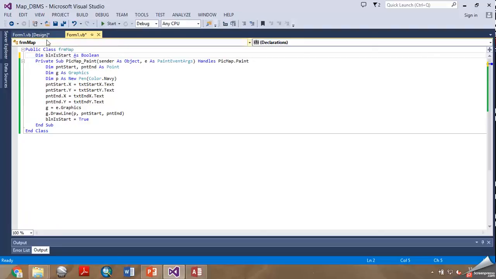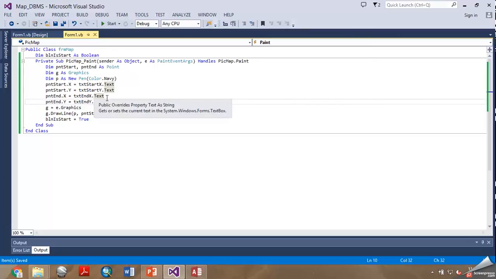Dim blnStart As Boolean, right? That is important. Under this Public Class frmMain, you have to declare this. Don't worry about this. The rest of the variables, we will be declaring them in the future. So for the moment, you are going to have only this. Now take a break and let's meet when you